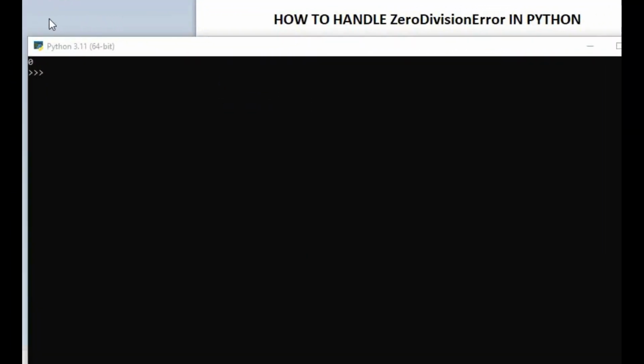Hi, you might wonder how to handle zero division error in Python. It is simple, but you need to understand why this error is thrown in the first place. The reason is because mathematically you cannot divide any number by zero. So,